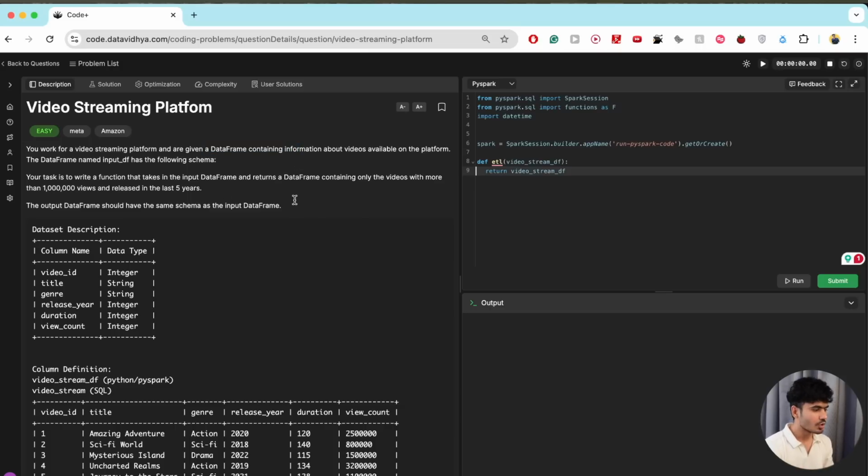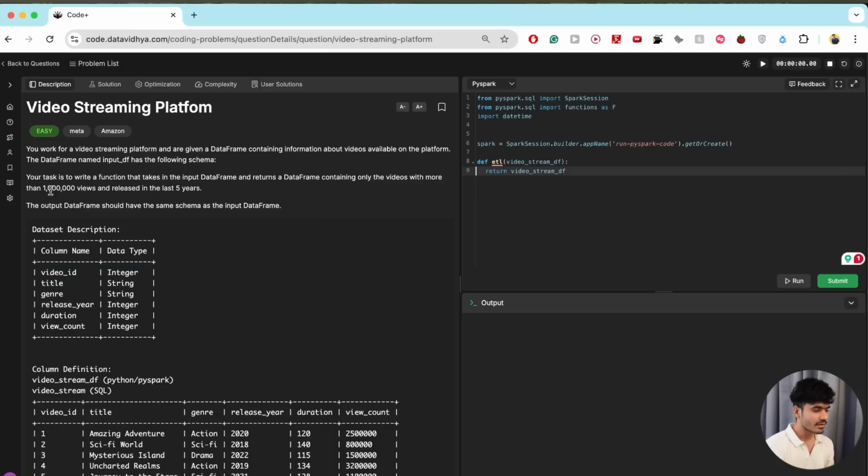So what do we see here? You work for a video streaming platform and are given a data frame containing information about videos on the platform. So there is a company that you work for. It is a video streaming platform. The data frame name is input_df, and has the following schema. This is the schema given here. Okay, there's a video id, title as string, genre, release year, duration, and view count.